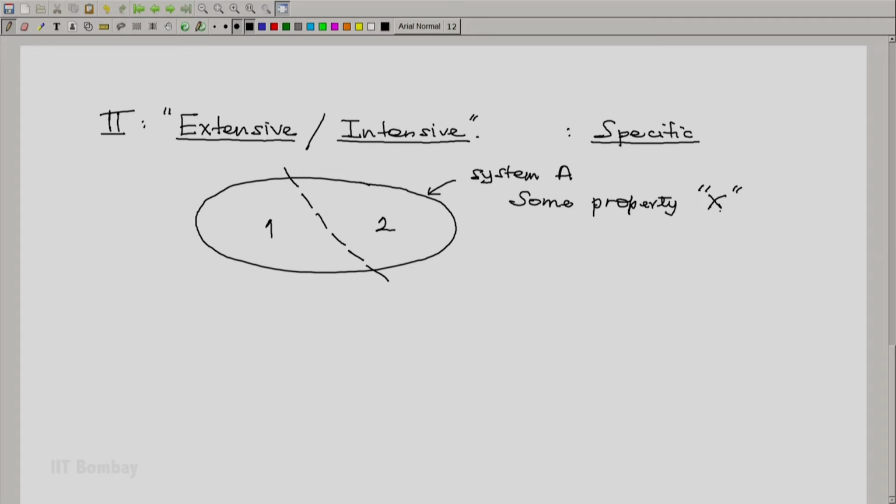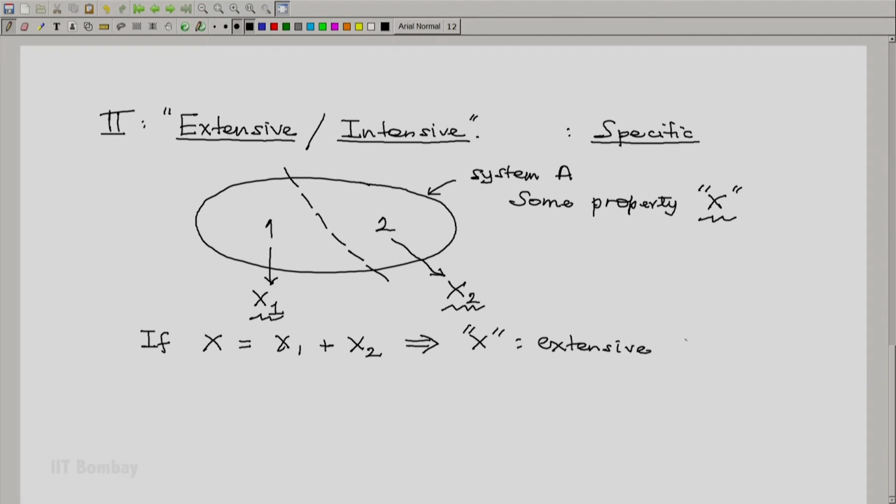This property X when measured for system A has the value X, but when measured for this part of the system, system 1, let the value of the property be X1, and when it is measured for this part of the system, let the value of the property be X2. Now, using X, X1 and X2, let us define extensive and intensive as follows. If X turns out to be X1 plus X2,